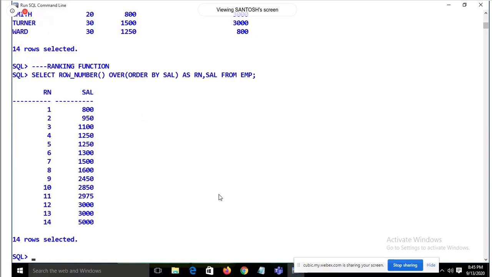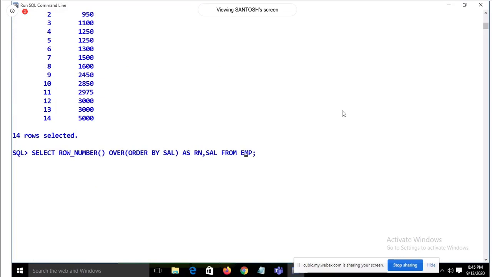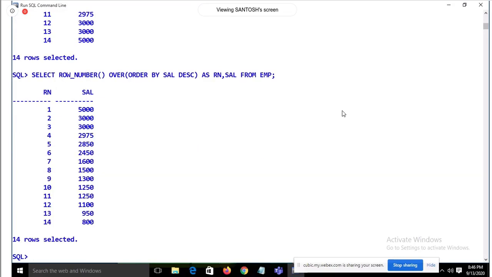Yeah. So we are getting the rank according to the salary. Better, we are going to make it in descending order. That will be better. So according to the salary, you will get the rank. Yeah, 5000 is the highest value, rank is 1. 3000 is the second highest value, rank is 2. 3000 is again there, but rank is 3.